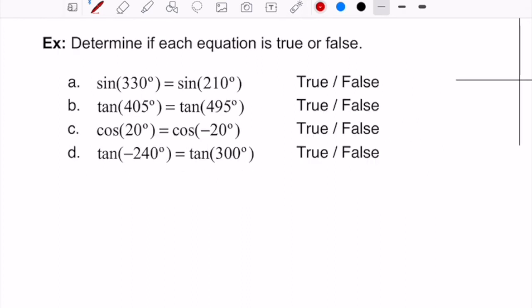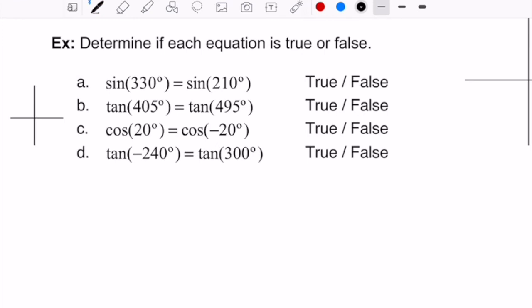However, chances are when you're doing this problem, you're not going to have access to a calculator. And so there's a couple of things that can help you when it comes to answering it. We're trying to figure out if these values are equal for these given degree measures. One thing that might help you before I start to answer the question and draw reference angles is that on